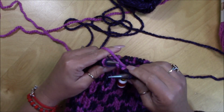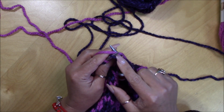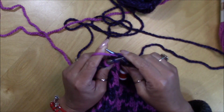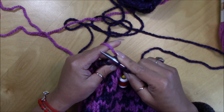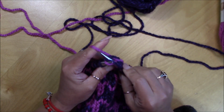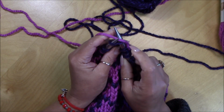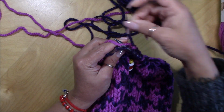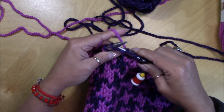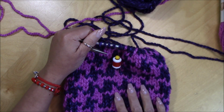I'm gonna grab the fuchsia in here. When I do my stitch, I pass it on top of the needle. When I work my net, I lift that one out, and then in the next stitch, this will be trapped in between those 2. Again, you go, you see? And then when you come to net that one, you lift that one up, and then when you do the next stitch, it's trapped. Like that,